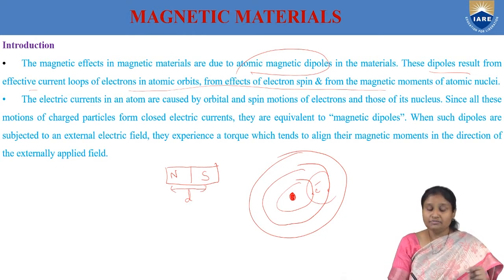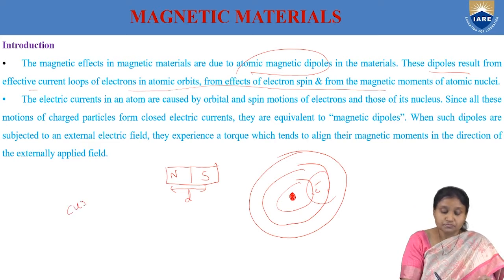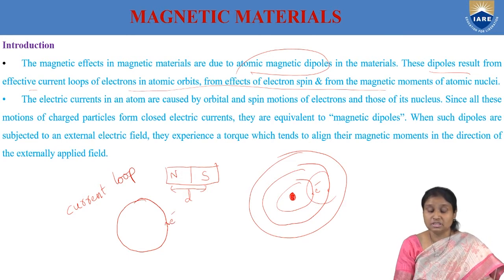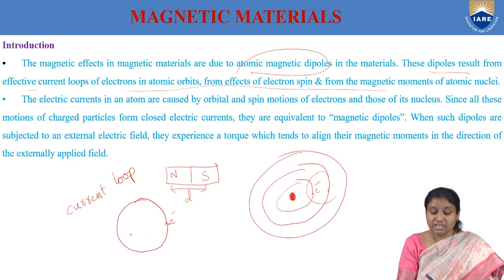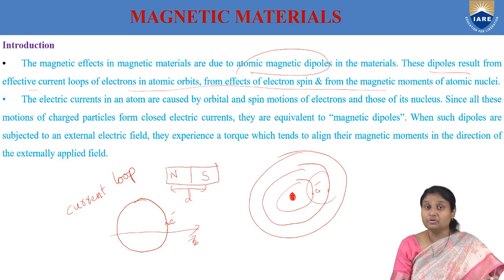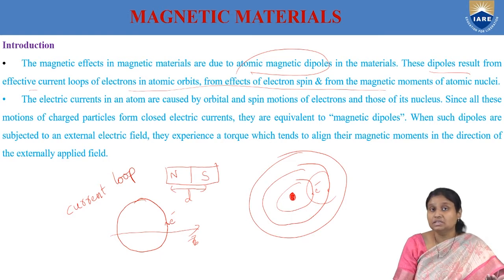And why do we talk about magnetism arising from the orbital motion and spin motion of electrons? Because we have studied the current loop, where we have a flow of electrons around a loop. When current flows across a closed circular loop, a magnetic field develops in a direction perpendicular to the current direction. By taking that same concept, here we have electrons moving in various orbits, and this motion of electrons in various orbits is nothing but circulating current.